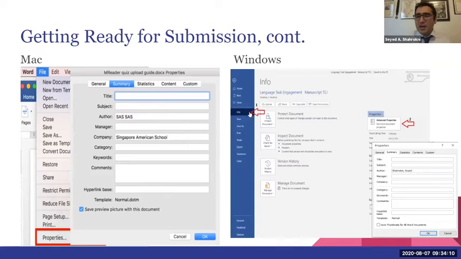So basically it's File, Properties, Summary on a Mac, and in Windows it's just File, Info, Advanced Properties, and you'll get to check the file information that you need to remove. So okay, I'm sharing